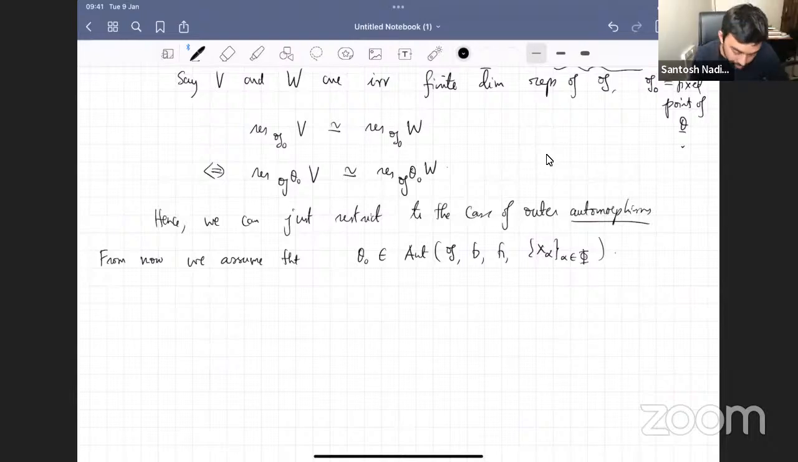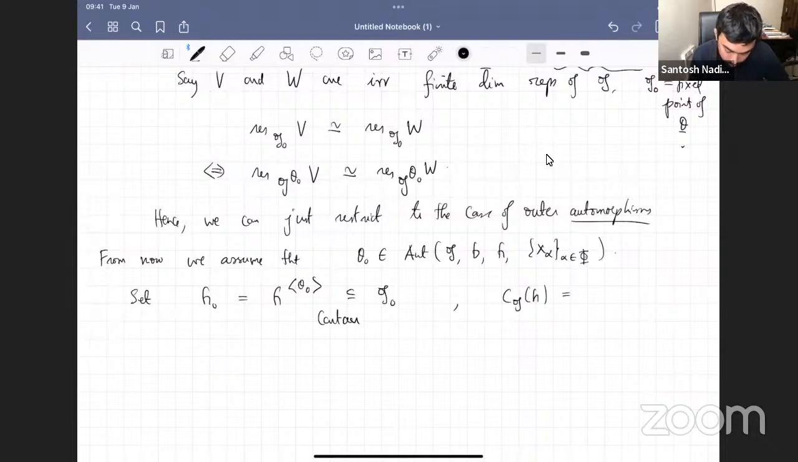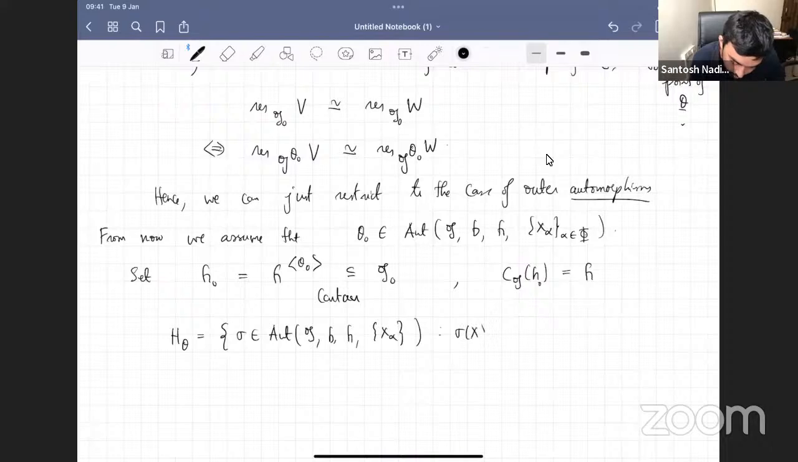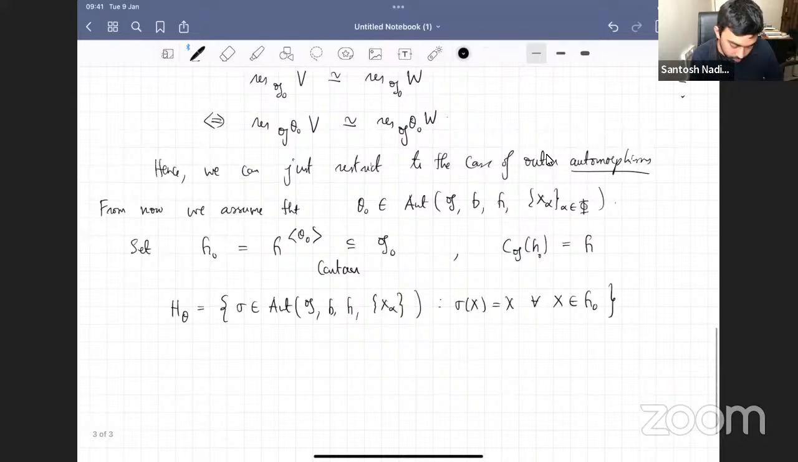So, conjecture or wishful thinking. We set H0 to be the fixed points of H by this theta 0. This is contained inside G0 as a Cartan, and the centralizer of this H0 should be your H itself. Now let's define H theta to be the set of all automorphisms sigma inside the automorphisms of G, B, H, X alpha such that sigma of X is X for all X inside H0. If you define this group, then, wishful thinking,